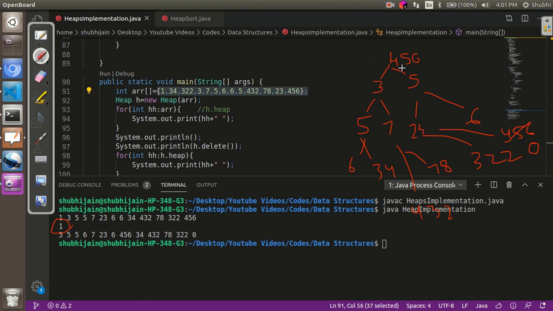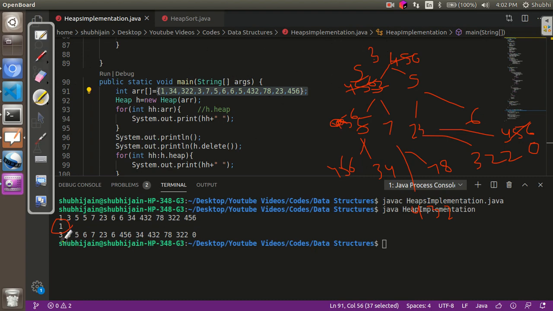So it will check for both of these. So we can clearly see that both are smaller, so we'll go with the 3. So over here we'll have 3 and over here we'll have 4, 5 and 6. Then it will check for these two. This will be replaced by this. We'll have 456 over here. Now it will check with these two. So 456 will come over here and 6 will be over here. So our new tree looks like this.